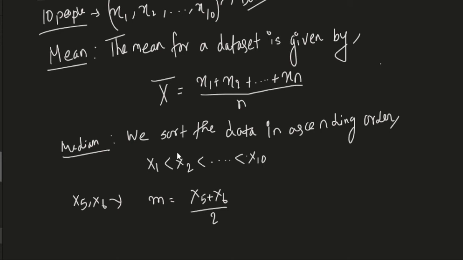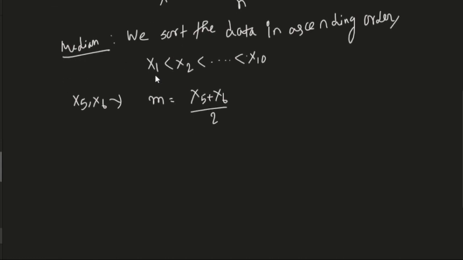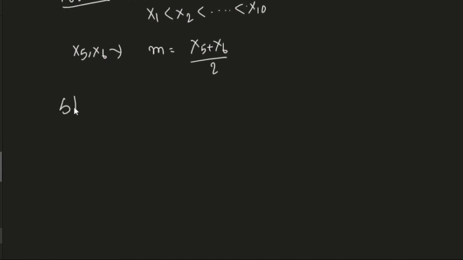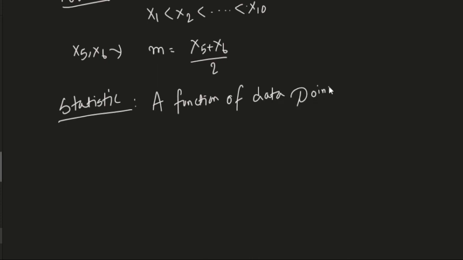So this mean, this median, whatever we're talking about, these are called statistics. So statistics are basically a function of the data points. An example of a statistic would be,